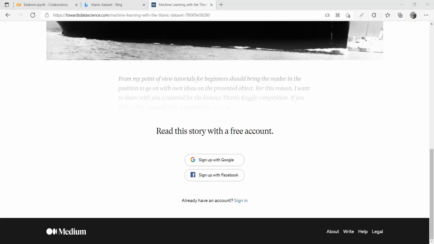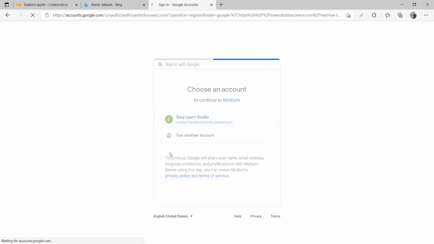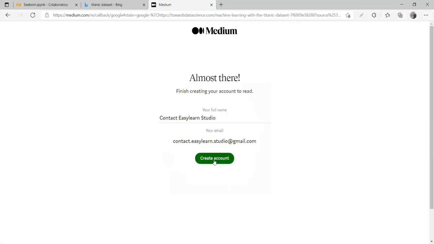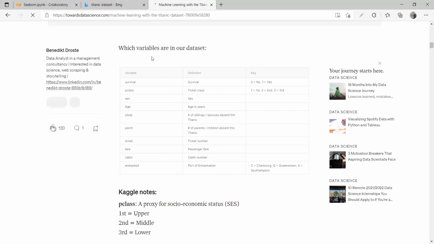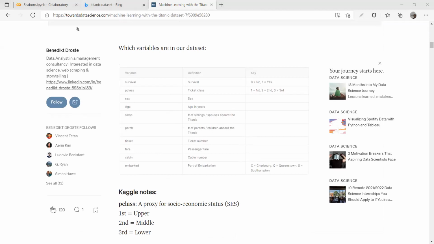Okay. Let me figure out what to do, because without incognito mode, it's saying that there are limited number of stories that you can read for free, or else it asks to log in. Okay, now it is visible, right? Yes, sir. You can see which variables are in our data set, right? Yes. Okay, perfect. So incognito mode is sometimes useful when you have exhausted reading the number of free stories or